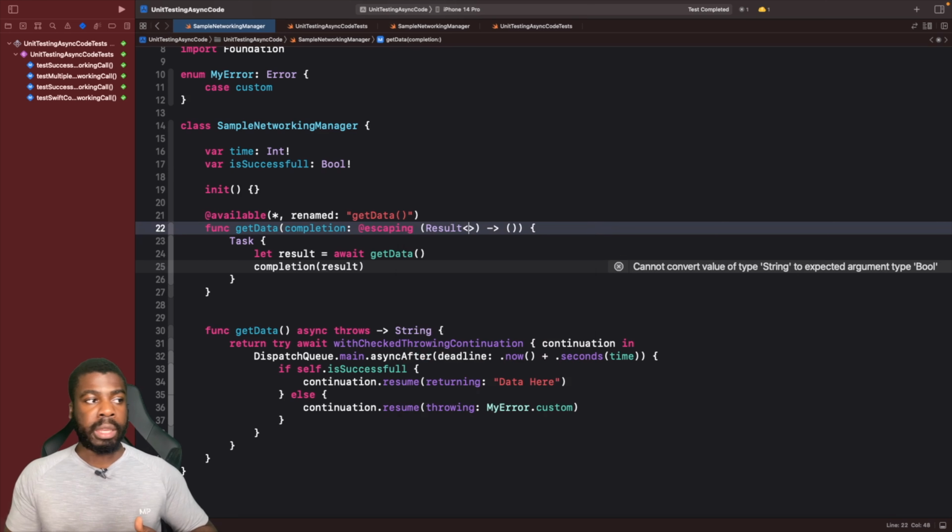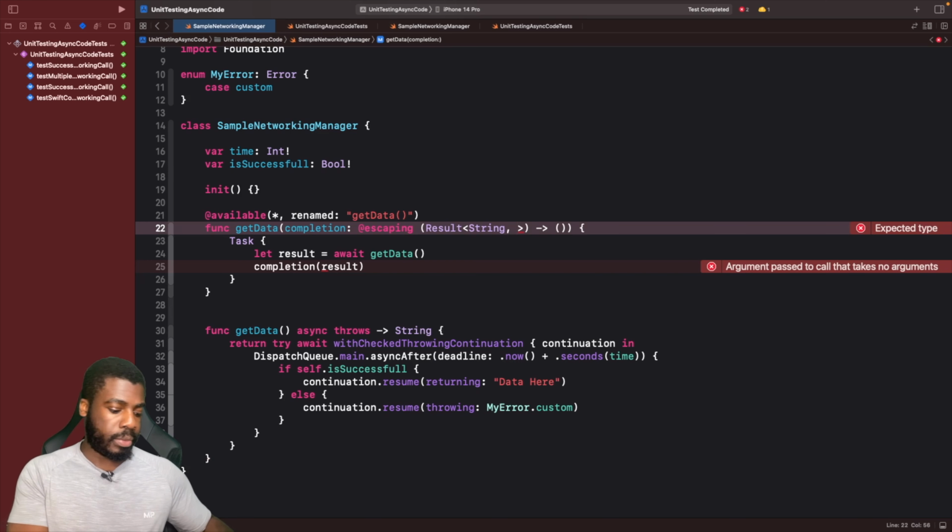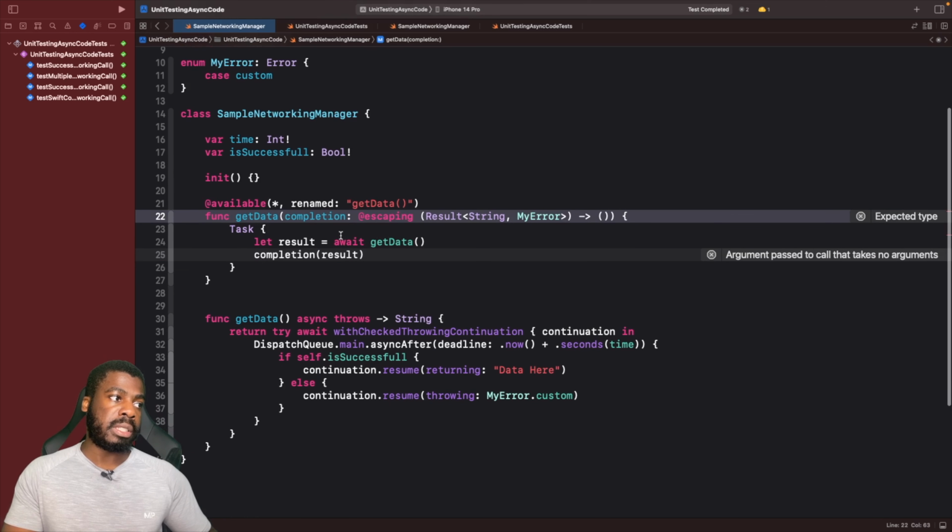And then in the result here, the first type that you pass in here is going to be string. So this is the value you want to, say, in a success. This could be void if you wanted to, but we're just going to say string. And in here, we can now say the error, so the failure. So in our case, this is going to be my error. Cool. So after we call this,